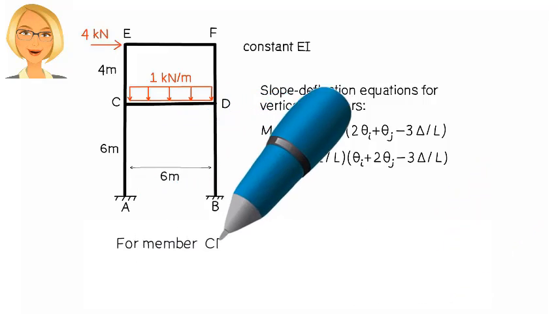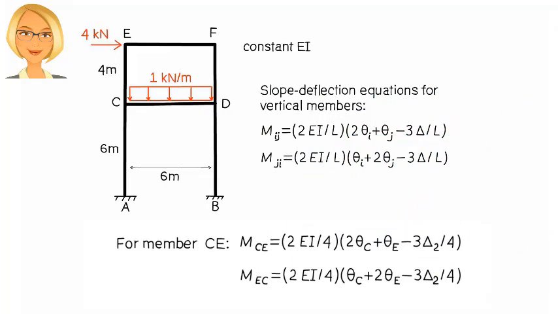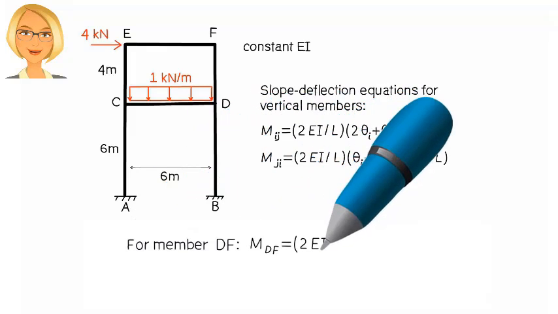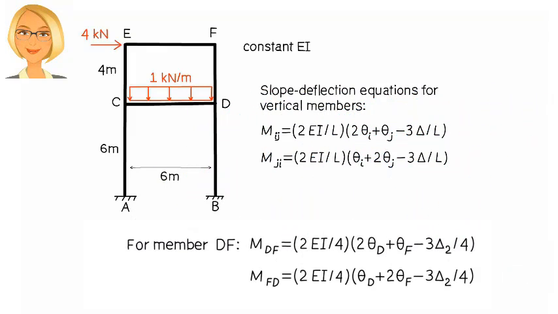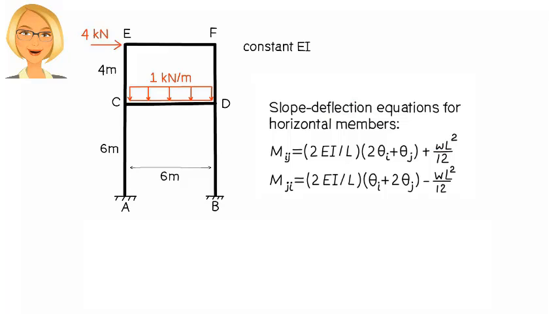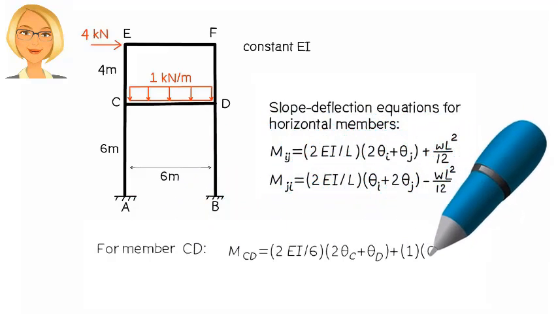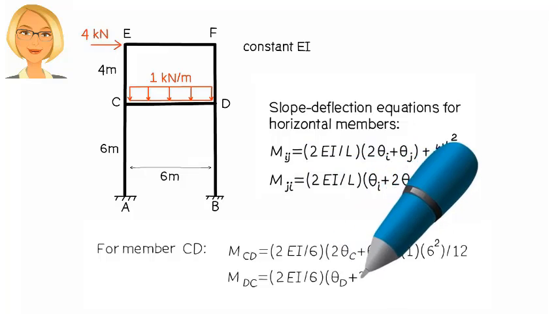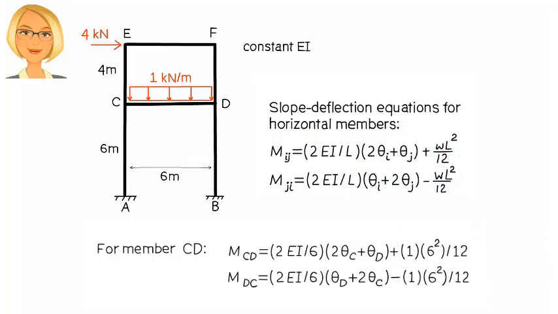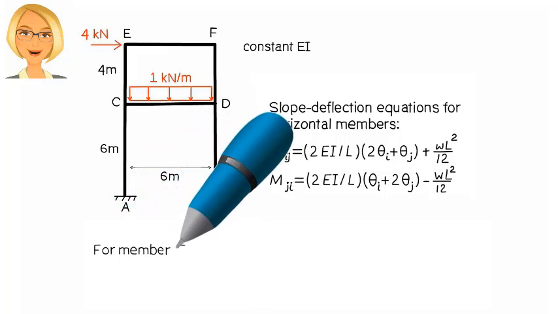For CE, we can write, and for DF, we have. The deflection term, however, is 0 in the slope-deflection equations associated with the horizontal members. So for CD, we can write, and for EF, we get